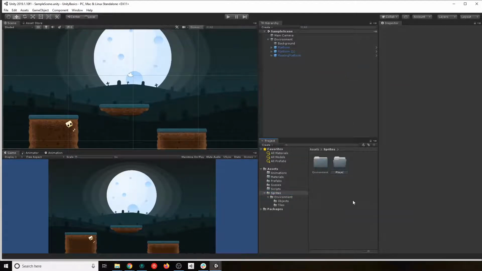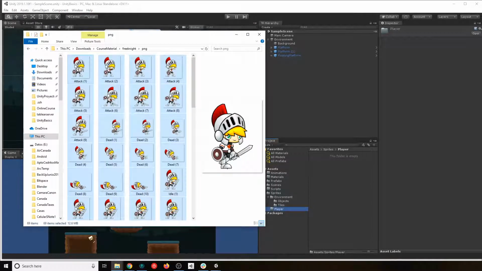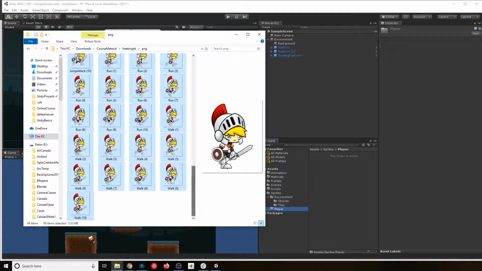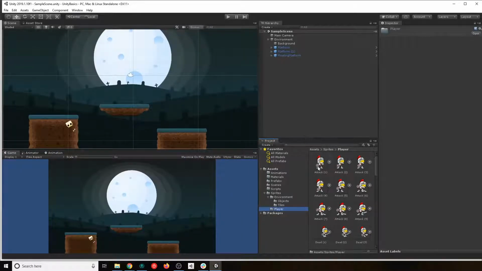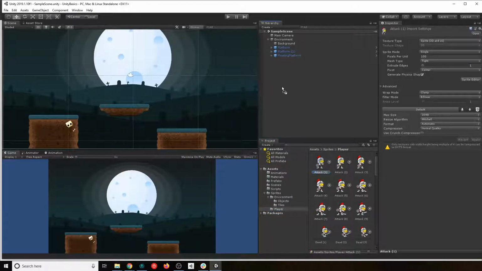We will call our player. And under our player folder, we are gonna just drag and drop all of those guys. That's gonna take a little bit longer because it's way more images that we are importing into Unity. And with the player, we are gonna just move a little bit faster. I already explained some of the things we have, but basically we have to change the pixels per unit, because if I just move this guy here,